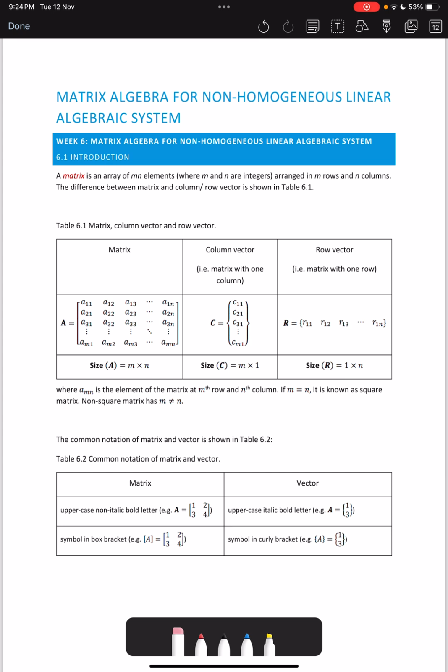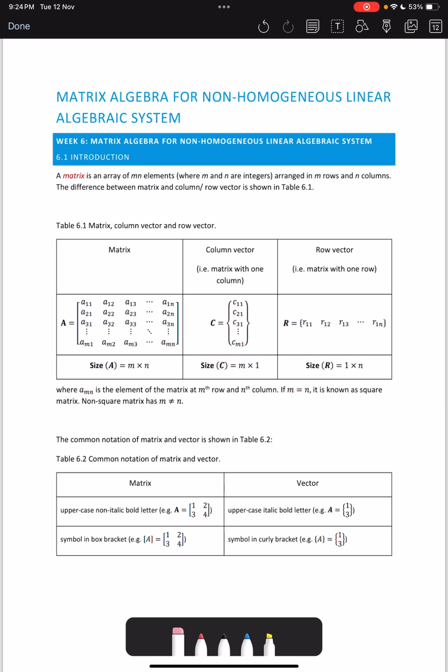Okay. Alright, matrix algebra, let's look at week 6 first. The topic is matrix algebra for non-homogeneous linear algebraic systems. In this video, we will look into the introduction part first, 6.1. 6.2 we will cover during Thursday class. Okay, before we start,